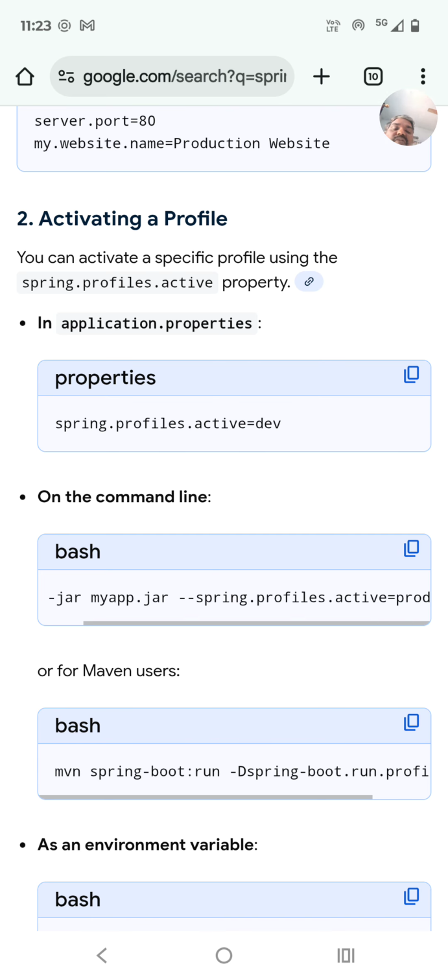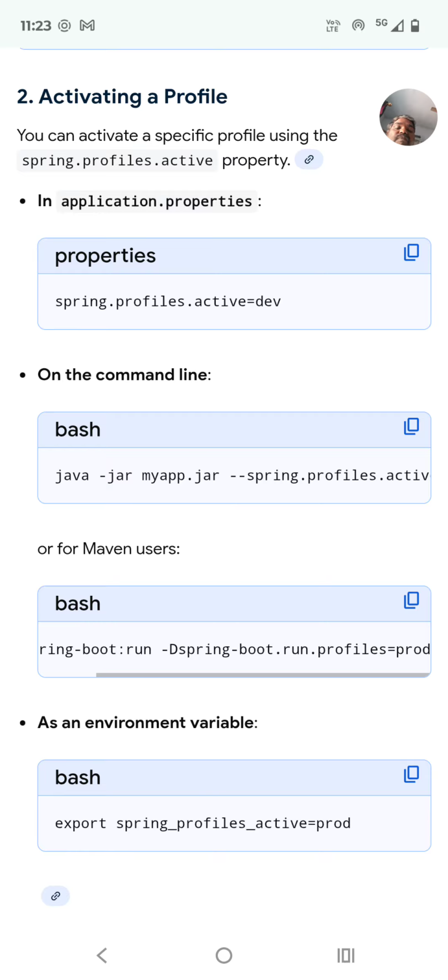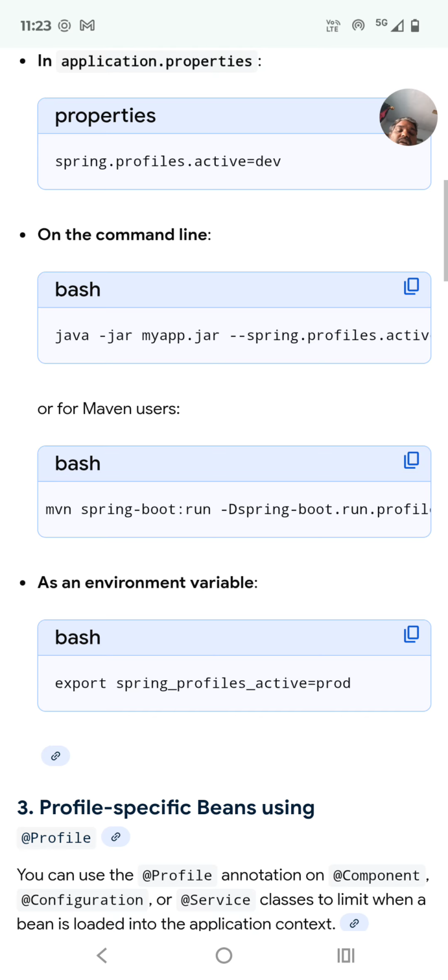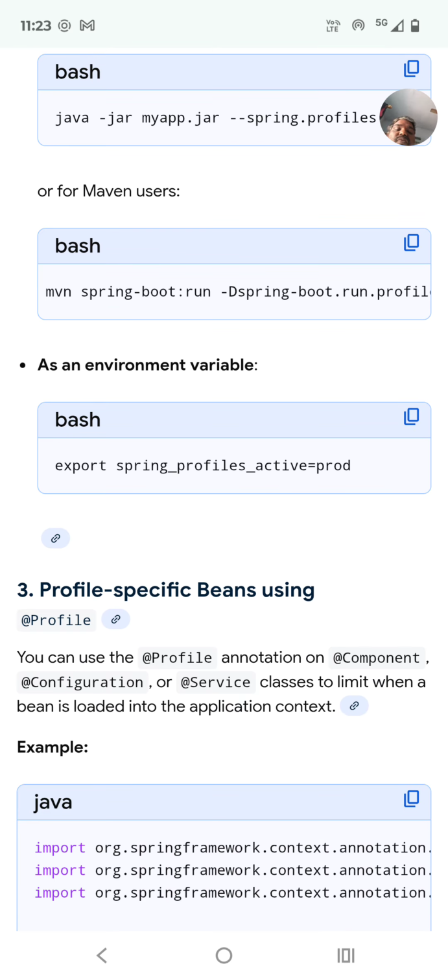Or you can also mention that on the command line. Let's say you are going to run the application through the command line, you will generally use the command: java -jar myapp.jar --spring.profiles.active=production. This will activate the production property file. Okay, if you are using Maven, you can run the command like this. You just need to specify the production or development region. So that's how you can actually